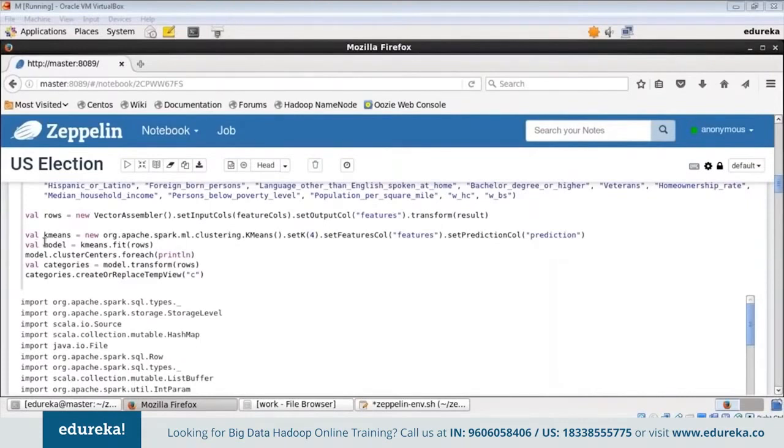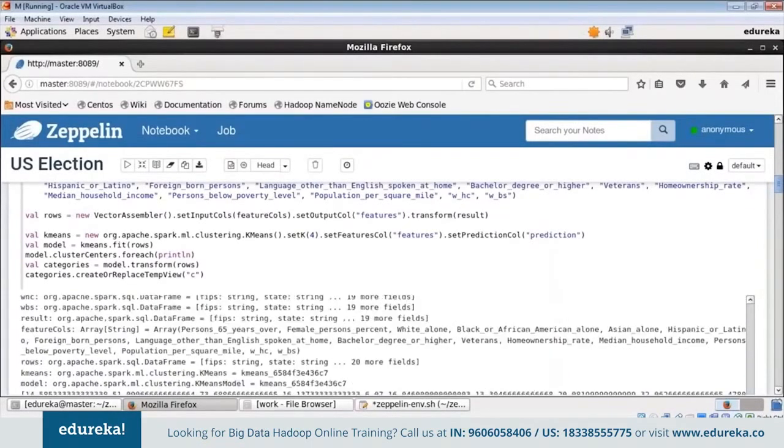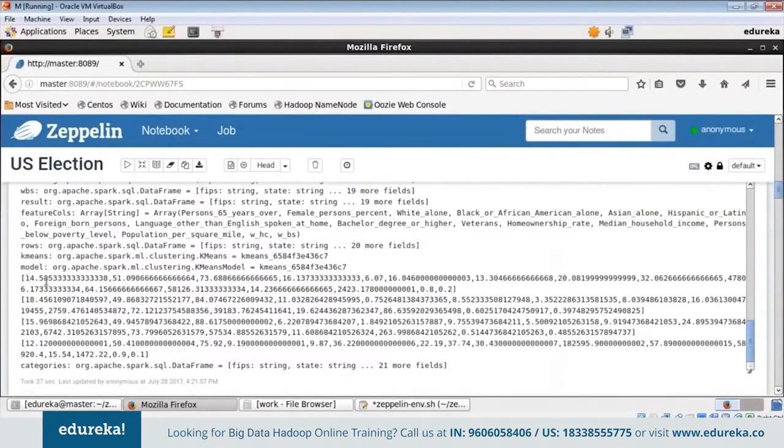So after that we're going to make a model, and we have defined our input and output columns in rows, so we're going to use kmeans.fit, and whatever predictions we get we're going to store in a model, and then we are going to print the cluster centers for each cluster. So let me show you what my cluster centers are. After we run this code, you can see that these are the different cluster centers. So just what I can make you understand about what we're going to do after k-means clustering and how to analyze it. The numbers are placed very haphazardly.